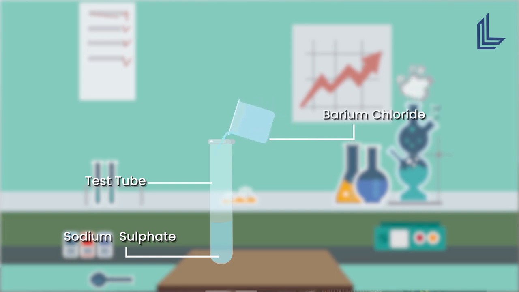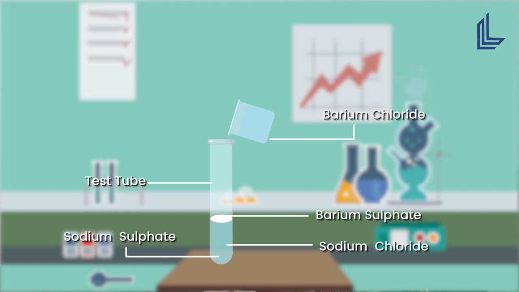Now, as you can see, what really happens is that a cloudy white substance is formed which is insoluble in water. This cloudy white substance that is formed is called a precipitate. A precipitate is nothing but another state that is often formed in a chemical reaction. This is a state where a substance is not soluble in water. A reaction in which a precipitate is formed is called a precipitate reaction. Right? So now why do you think this displacement happens?